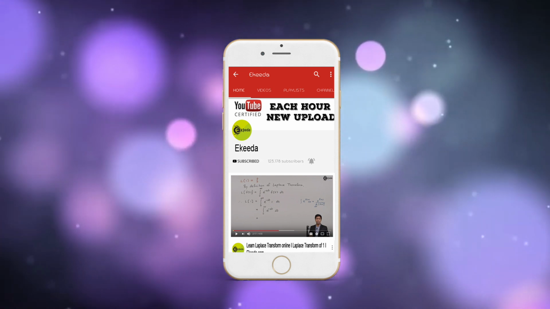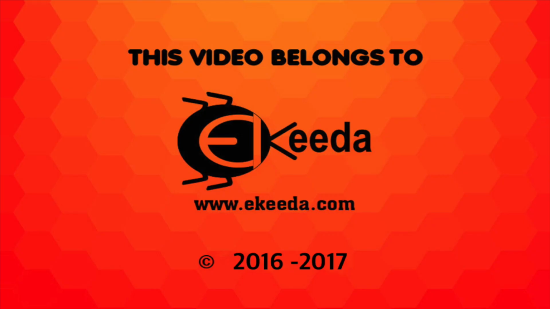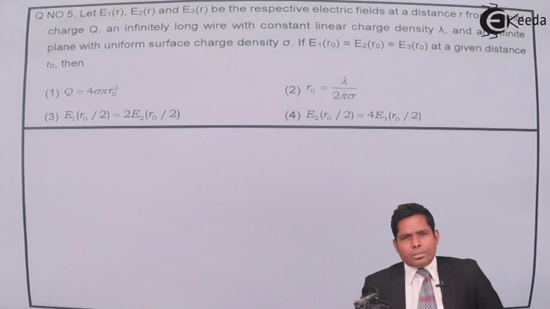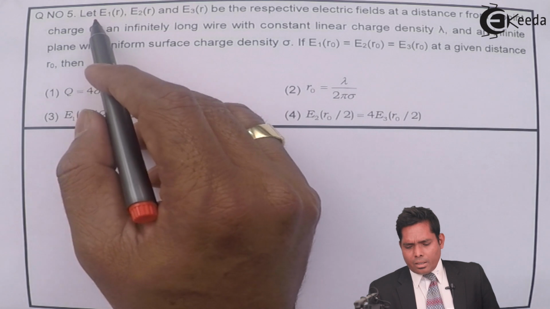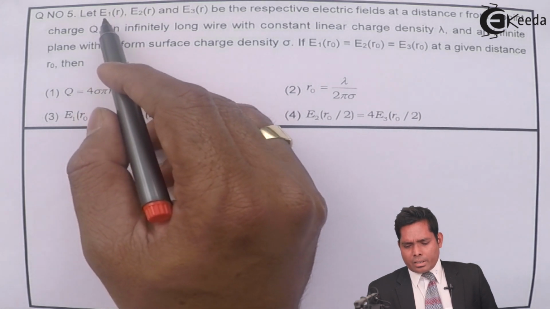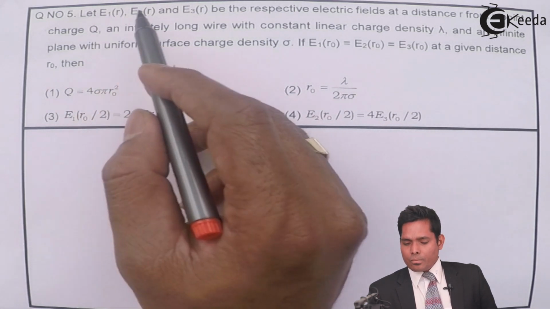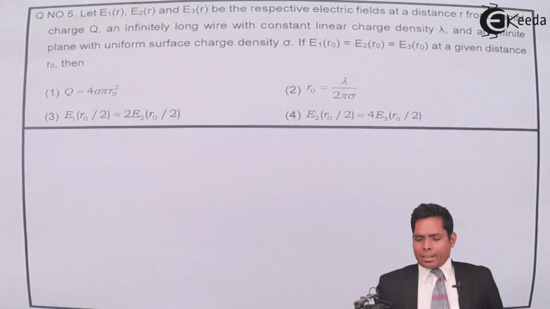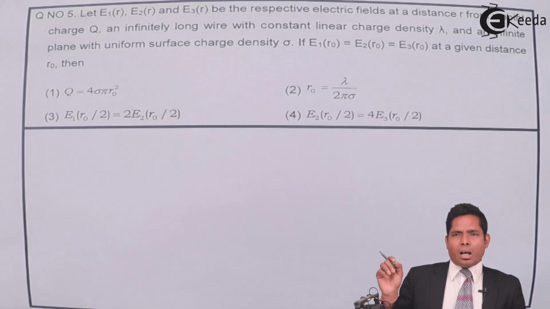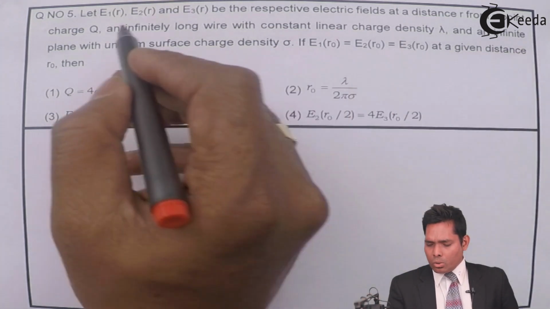Hello students, let us solve question number 5 of 2014 JEE Advanced Physics Paper 1. Question number 5 says: let E1(r), the electric field as a function of distance r, E2(r), E3(r) be the respective electric fields at a distance r from a point charge Q,